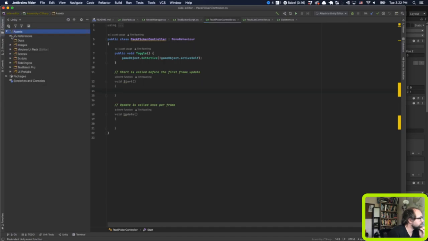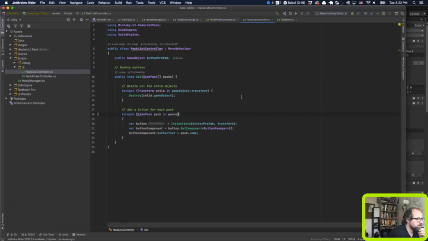Okay. Got the pack list component here, and as you can see,